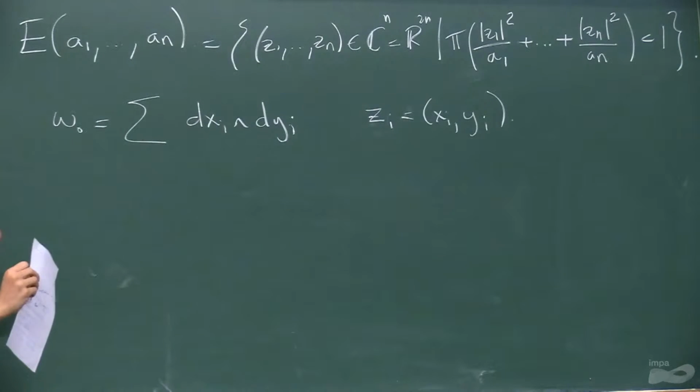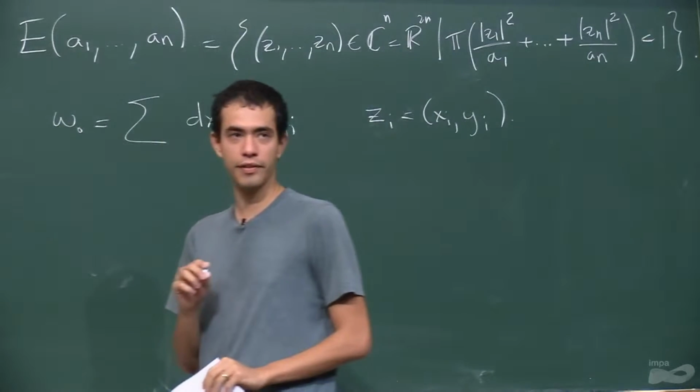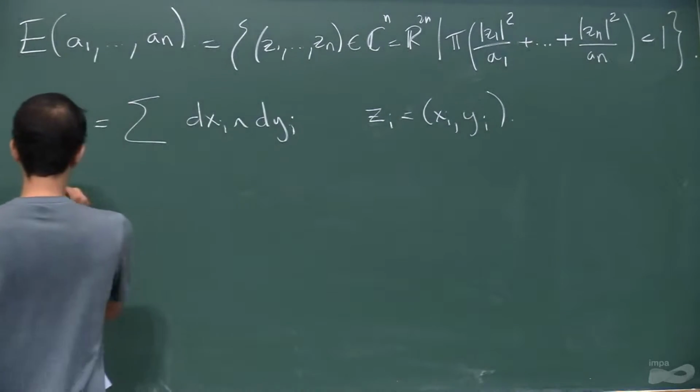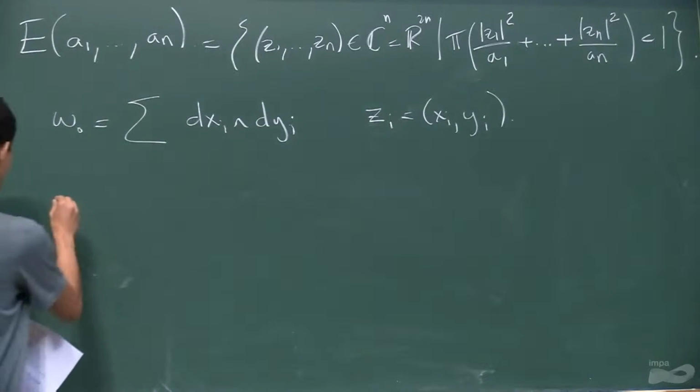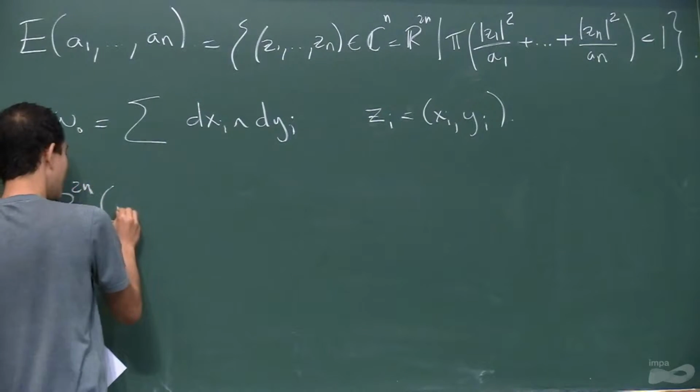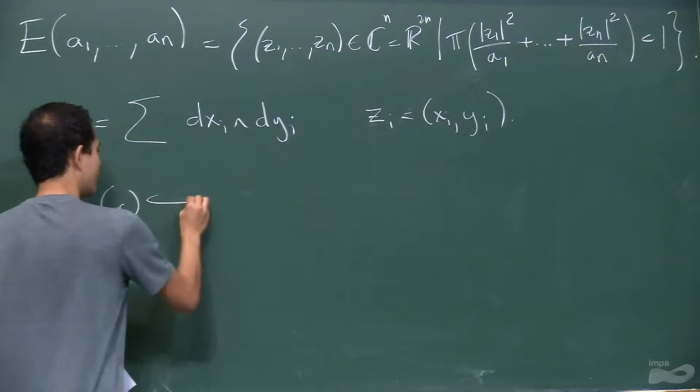Okay, so this is the ellipsoid, and we can ask this question: what's the biggest ball that embeds into the ellipsoid, and what's the smallest ball such that the ellipsoid embeds into it? It turns out this is a very difficult question. Actually, the first question is not difficult. The first question is pretty easy. It's an easy consequence of Gromov's non-squeezing that the biggest ball that embeds into an ellipsoid,